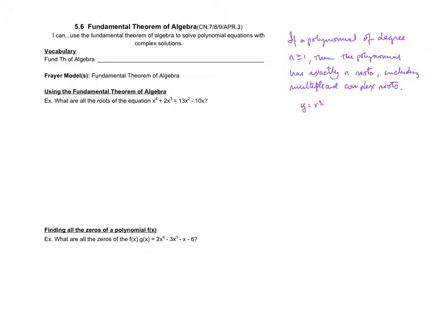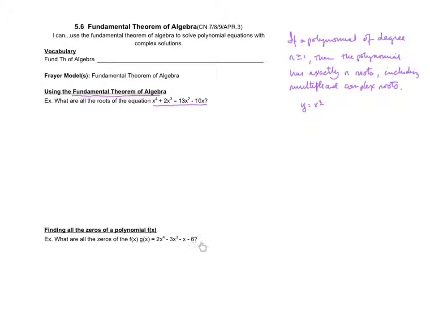So if we look over here at our first example, it says using the fundamental theorem of algebra, what are all the roots to the equation x to the fourth plus 2x to the third equals 13x squared minus 10x? Before we do anything, we can put it in standard form, but we should be able to look at this and say the degree of this polynomial has got to be 4. And so it tells us that we are going to have 4 roots. We don't know if they're going to be real or complex, but we have 4 roots to this